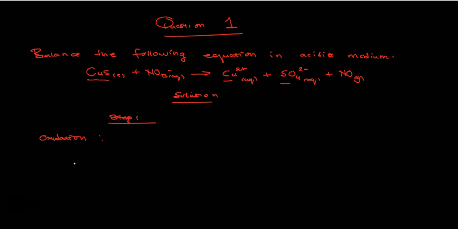Or if you want, you can prove it by assigning oxidation numbers. Here I'm not going to show you, but when you are answering, you have to show. So it is in solid state, it's going to produce